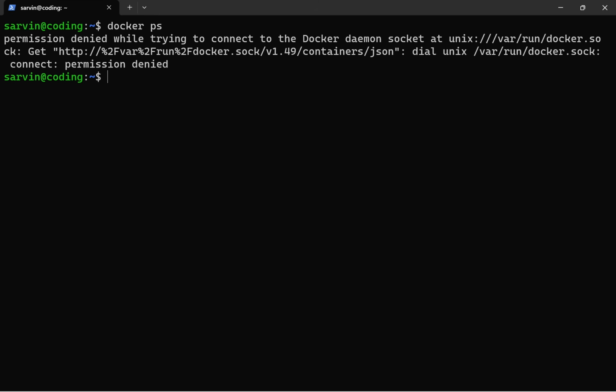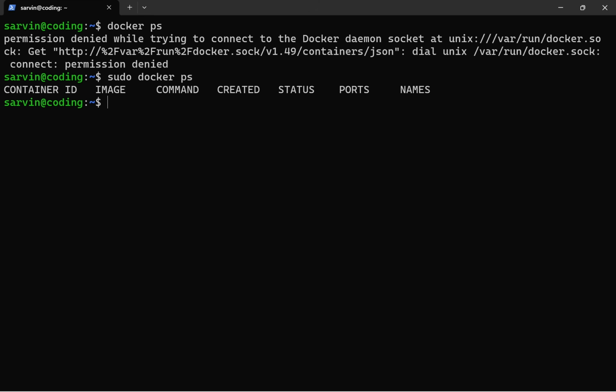As you can see, we got a permission error because our current user doesn't have permission to communicate with the Docker daemon. We can run this command with sudo docker ps. But if you don't want to use sudo every time you want to execute a Docker command, you can simply add the user servin to the Docker group by writing the sudo